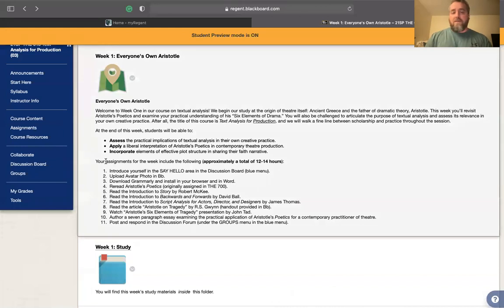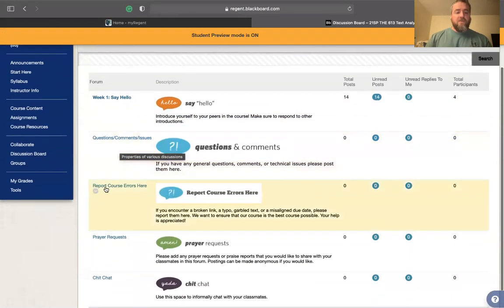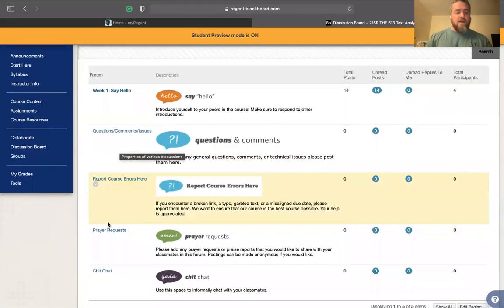One of the reasons why this is very important is because if I click on discussion board here, this takes me to the whole class discussion board. This is like the big public discussion board. This is where you're going to post your say hellos. If you have questions, or if there's a problem with the course, so something says it's due on a certain day, and maybe it's something that I forgot to update, which is very likely, you can post that here.